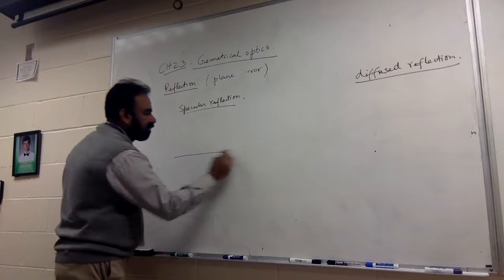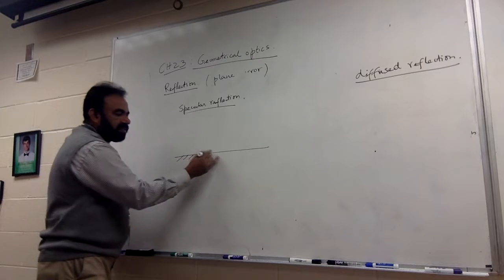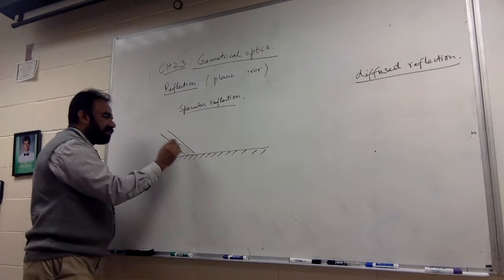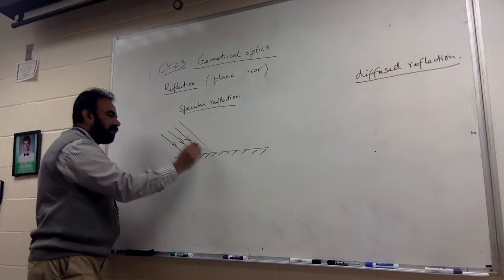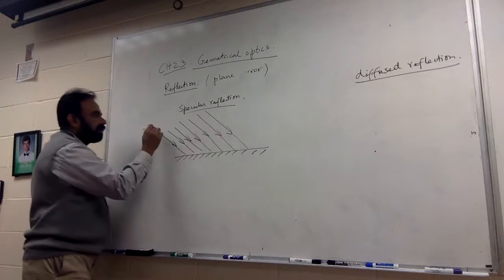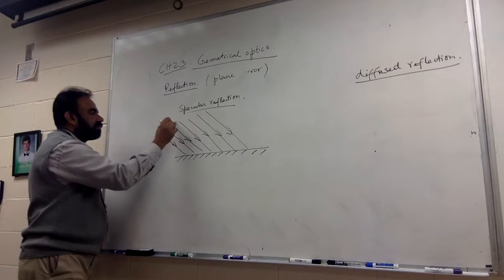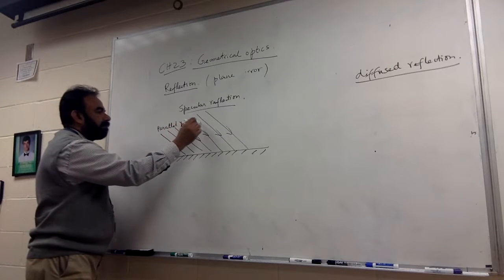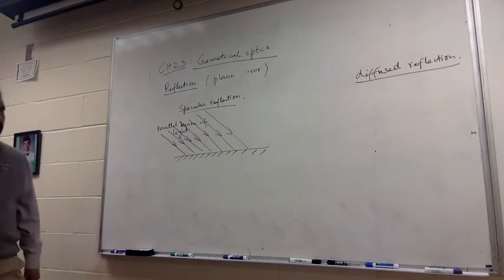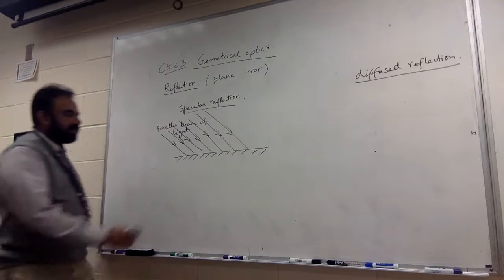Now what is a specular reflection? If the surface is absolutely smooth, and you have a bunch of rays coming and striking, these are a parallel beam of light. If you have a bunch of parallel beam of light,